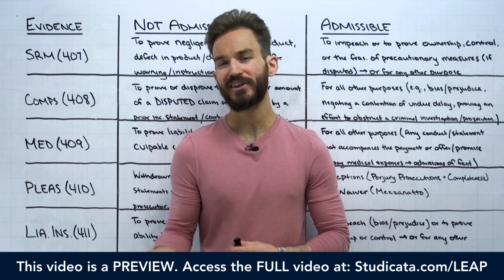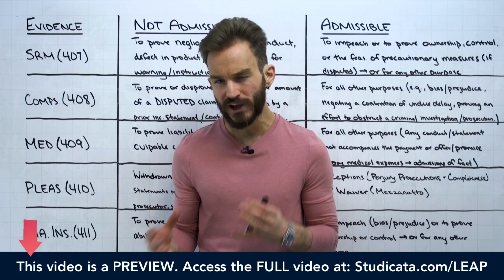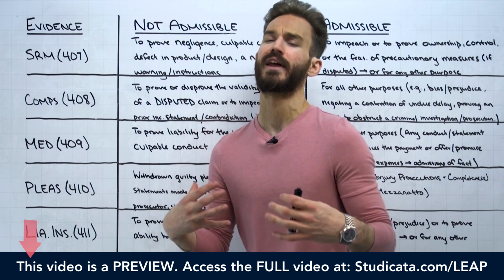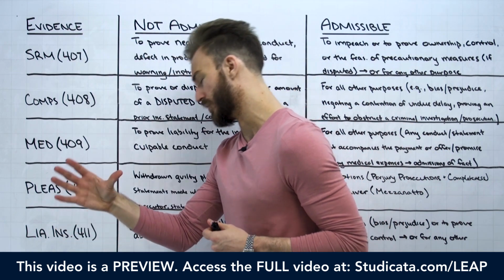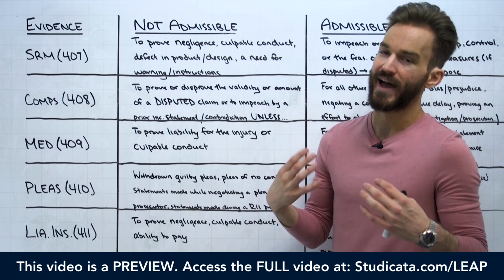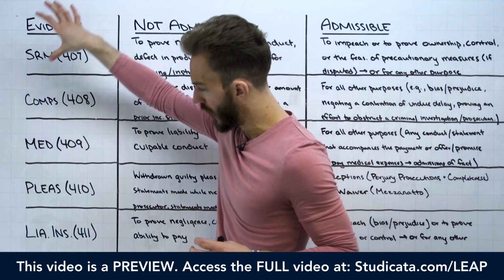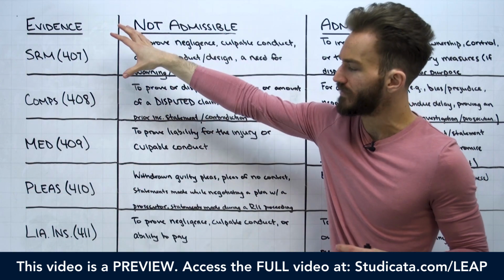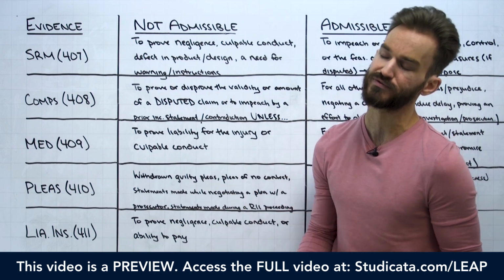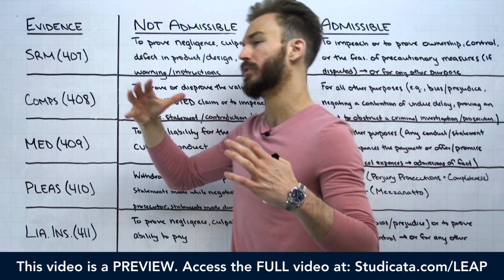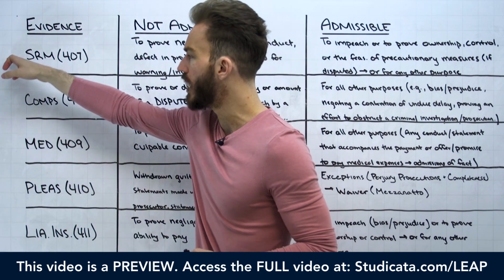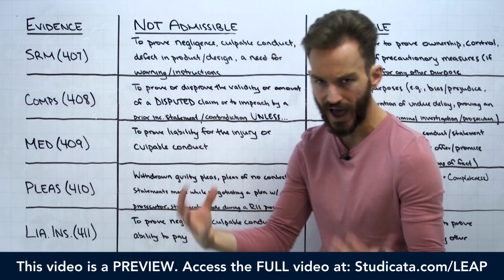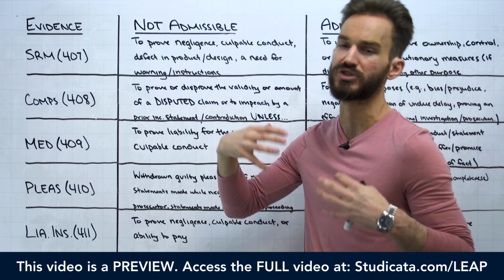In this lesson, we're continuing our discussion of relevance, and specifically we want to focus on public policy exclusions of potentially relevant evidence under Rules 407 through 411 of the Federal Rules of Evidence. So essentially what's going on with all of these different types of evidence that you see up here on the board is that they involve activities that, from a societal perspective, we do not want to discourage, right?